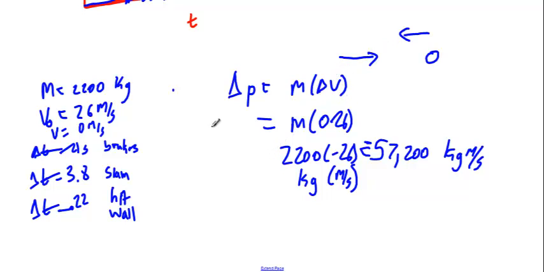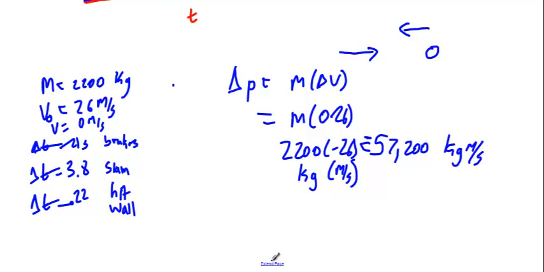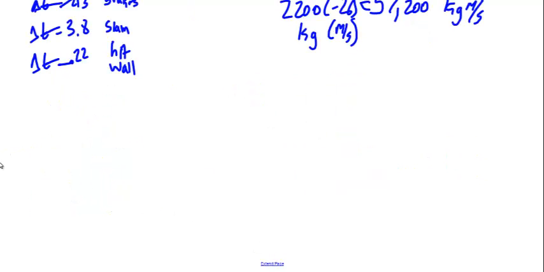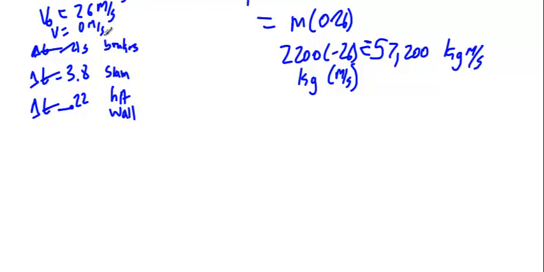Now, it says what average force was required in all three of these cases. Well, you guys can look at this and see if you take 21 seconds to slow down and stop, it doesn't take much force, but it does have to act for a long time. You slam on your brakes, yeah, it takes a lot of force. That's why when you come to a nice gentle stop at a stop sign, you don't hardly feel it. But when you have to slam on your brakes to avoid hitting something, everybody feels like they fly forward in the car. And then if you hit a wall, don't hit a wall.